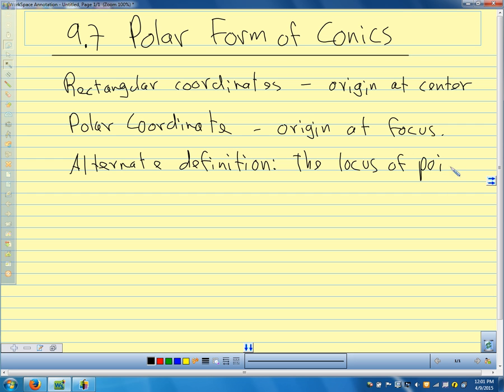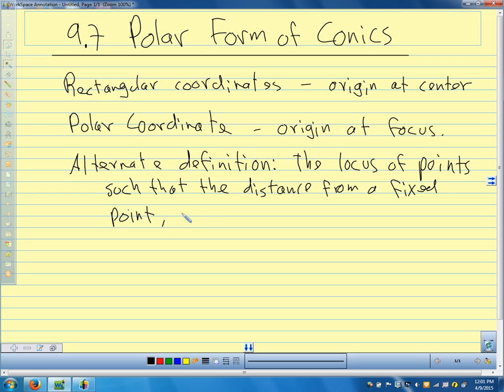So locus, again, is just some collection that shares a property. So the locus of points such that the distance from a fixed point, that fixed point is a focus,